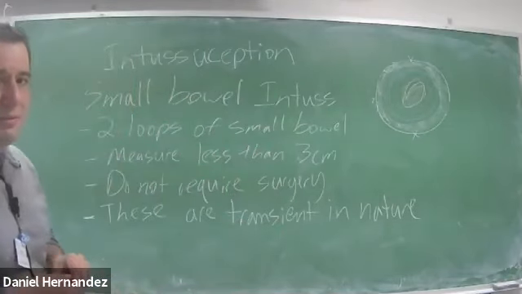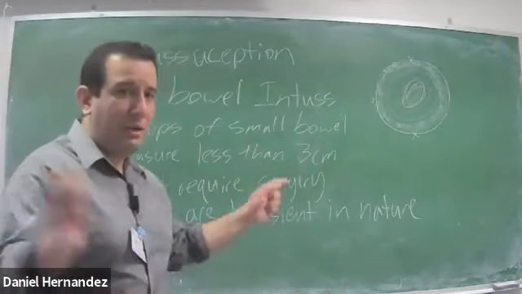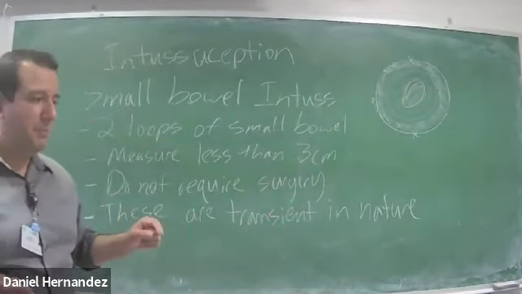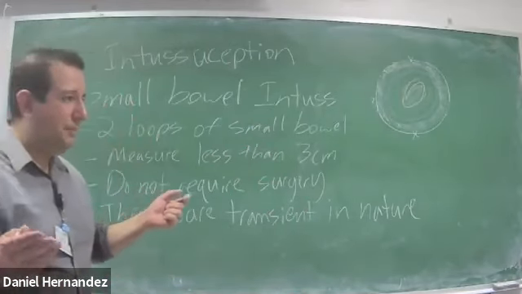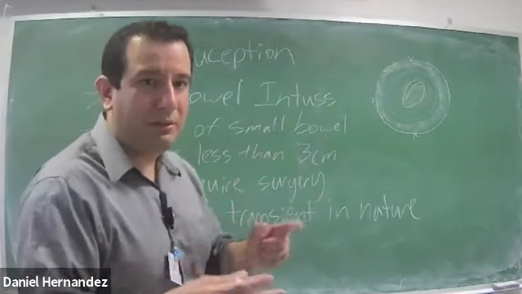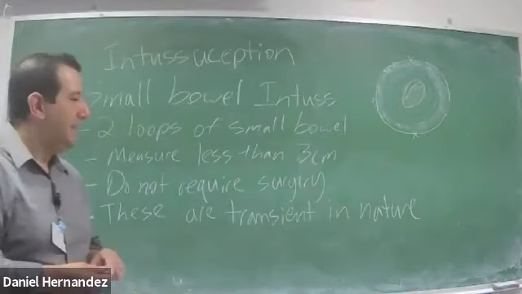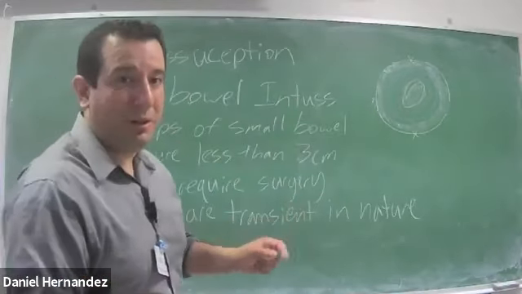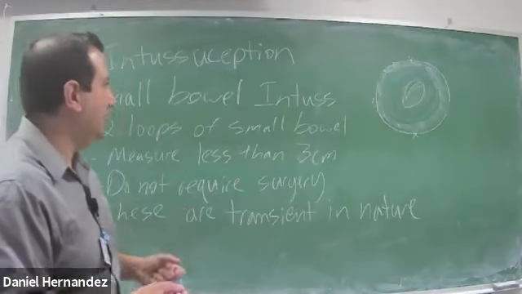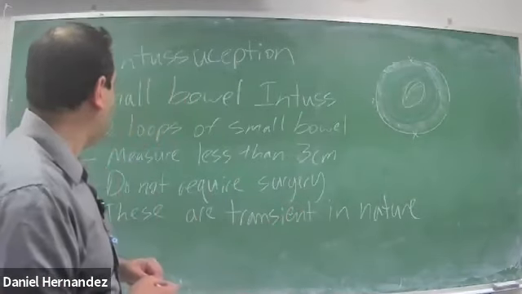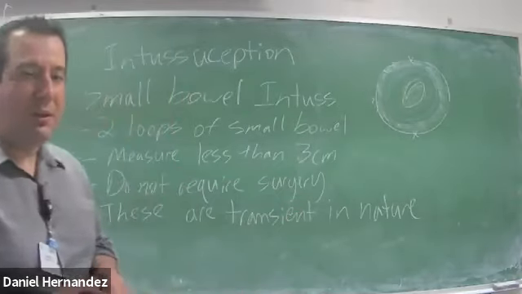So it's actually kind of nerve-wracking for a parent, your kid all of a sudden just screaming out of control, you can't calm him down, just tremendous amounts of pain. And that lasts 5, 10, 15, 20 minutes or whatever. And then all of a sudden it's like nothing ever happened. The kid's completely normal and fine. And all of a sudden, well, bam, again, tremendous amounts of pain. Parents have no clue what's going on. Like, what do we do? So more often than not, those are small bowel intussusceptions that are transient in nature, just forming